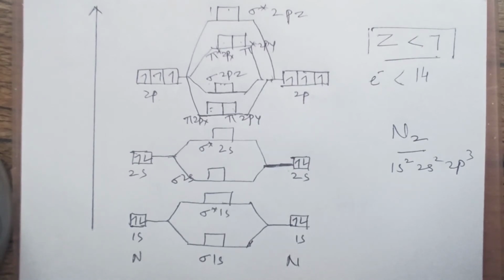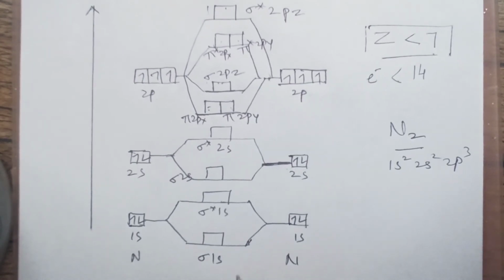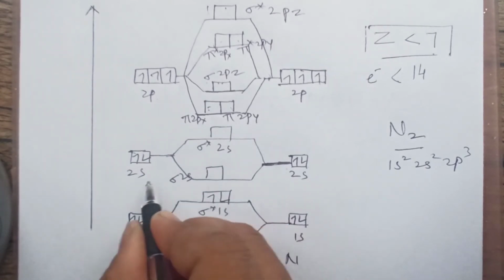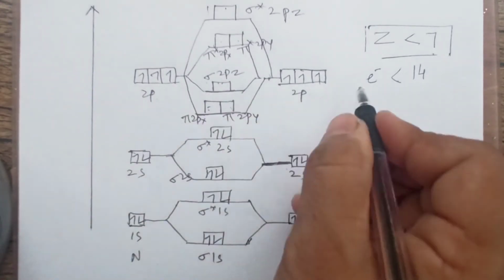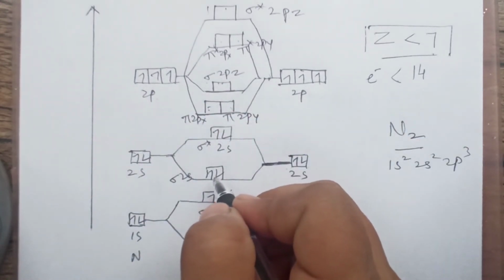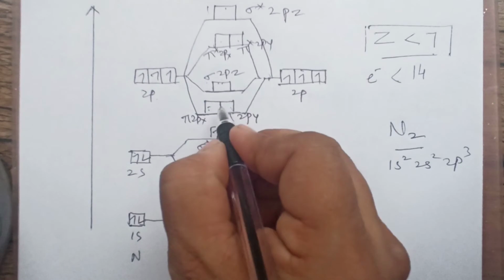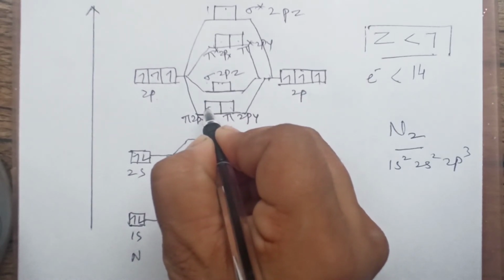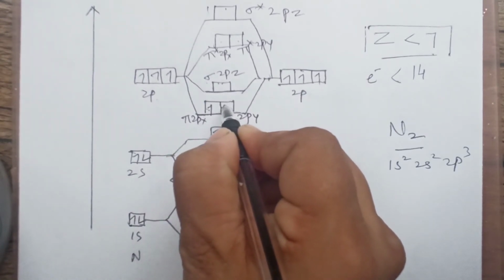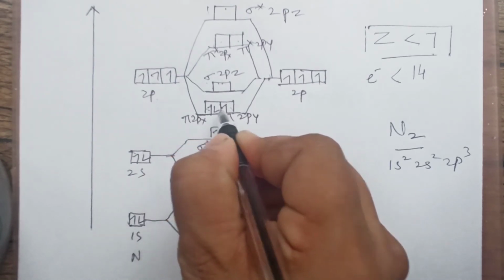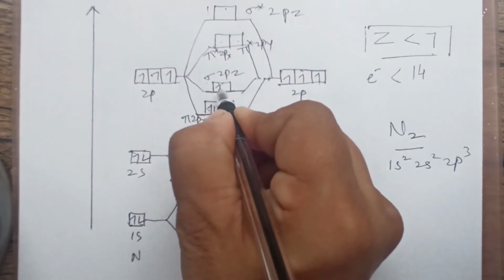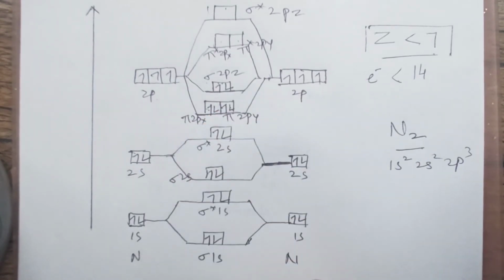So how you are going to fill in electrons in them, that we will see. 2 to 4 electrons, so 1 2 3 4. Then 6 electrons: how will you fill? Just see, Hund's rule will be obeyed. You can see here how I am filling. 6 electrons, so 1, 2 degenerate, both will get 1 electron. Then 3, 4, 5 and 6. Got it? This is the way you are going to fill in.